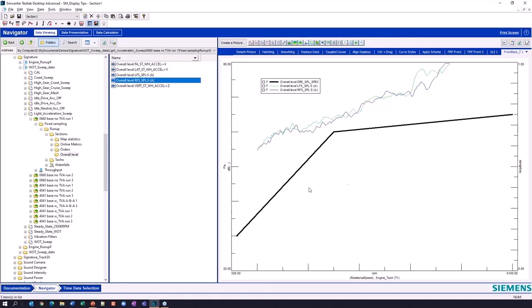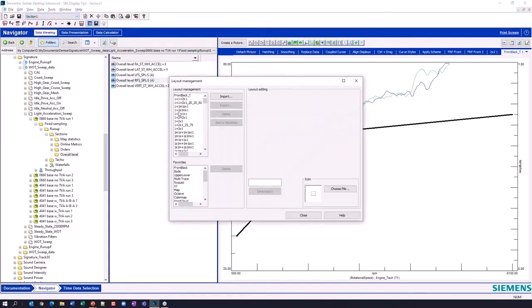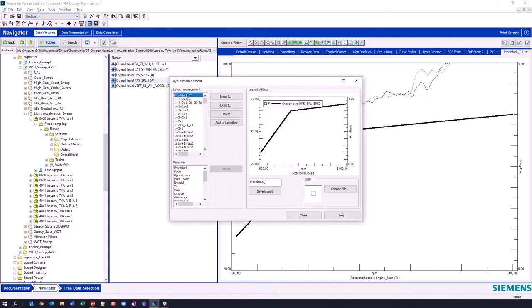So this plot with my target line in it could be very, very useful, and I can use it all over the place if I really wanted to. The other option I can do, if I go up to View, Layout Management, you'll notice this front back underscore T appears here, and I can save it as a favorite.